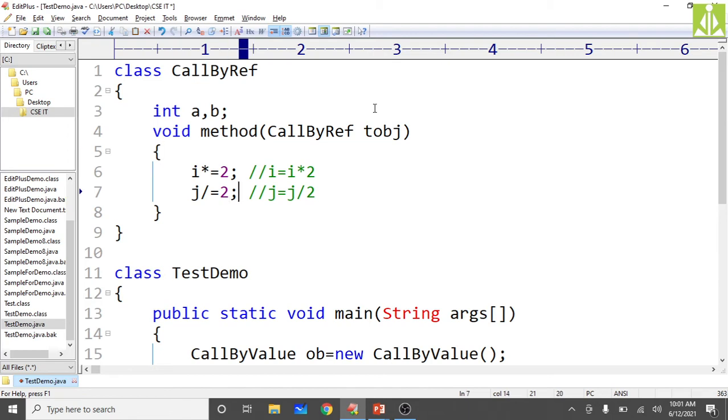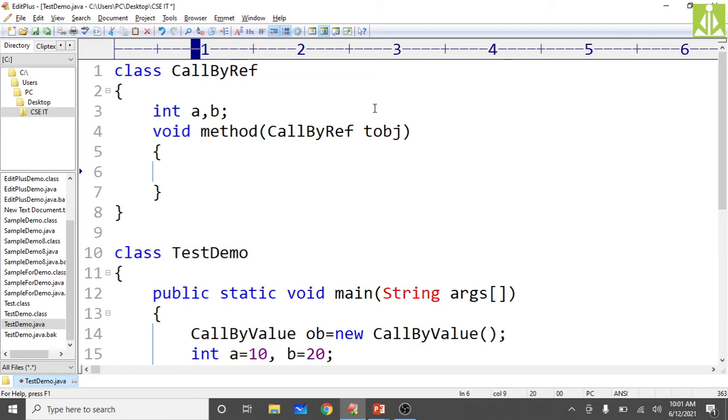Then TOBJ dot A multiply equals 2. This means TOBJ dot A equals TOBJ dot A multiplied with 2.